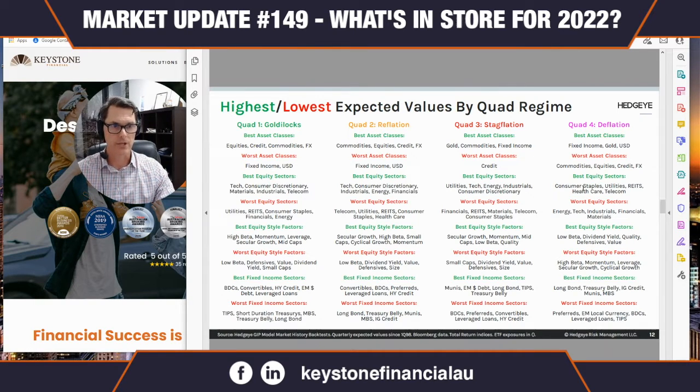Now, as I mentioned, you can still make money in equities in a Quad 4 environment, which again, have to be invested in the right sectors. That's the whole point of full cycle investing. That's the whole point of me not giving you a balanced fund pie chart. Those of you who have had statements of advice delivered to you of late, you know that I rail on that stuff because it's so stupid that you would be given this pie chart and never adjust it. It boggles the mind that that's what the current establishment has done for the last, I don't know, probably 50 years or so, at least 40.